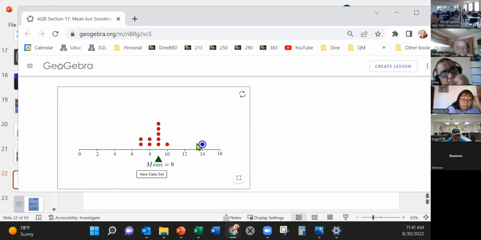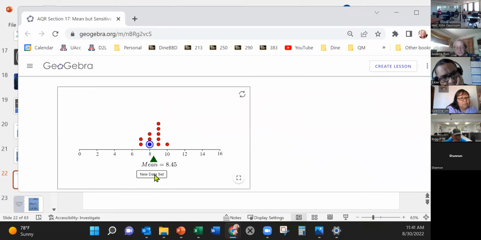And look at what happens here to the mean when we move the outlier. If the outlier isn't that far away, the mean comes down to 9. What if the outlier is really low, far low? Look at that, that's ridiculous. It says the mean is 7.73, which doesn't seem to represent the data very well. If we put this nicely in the middle, we get a mean of 8.45. That seems like a good representation of the numbers in the data set.